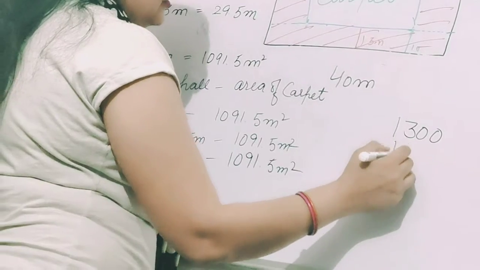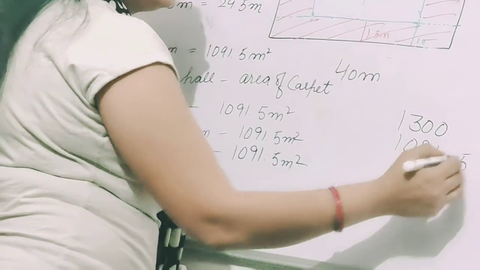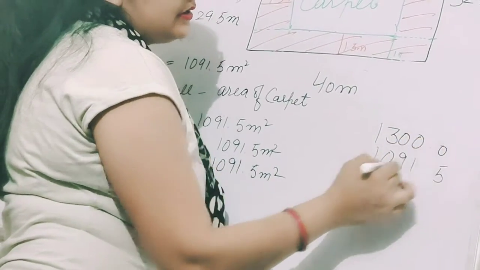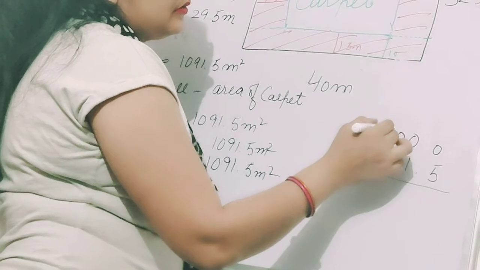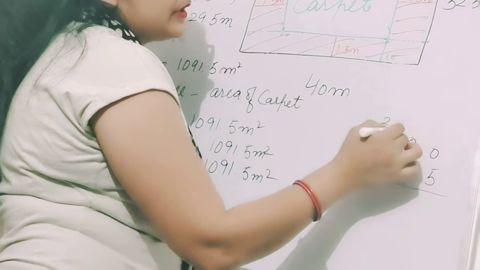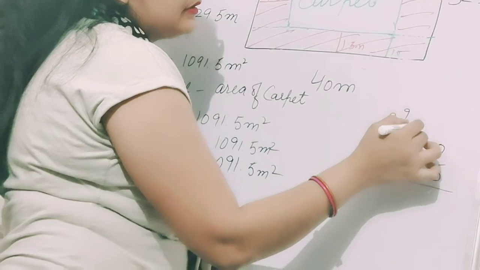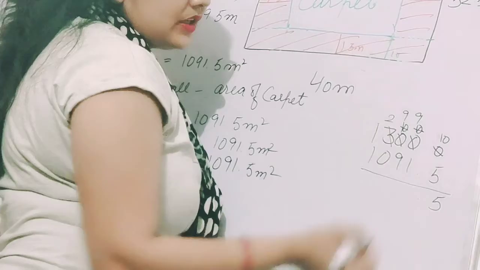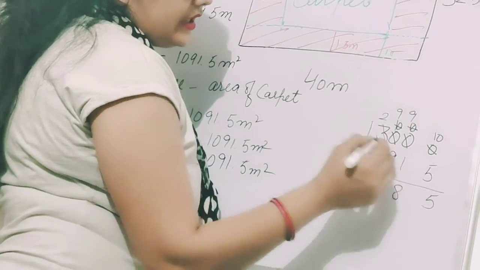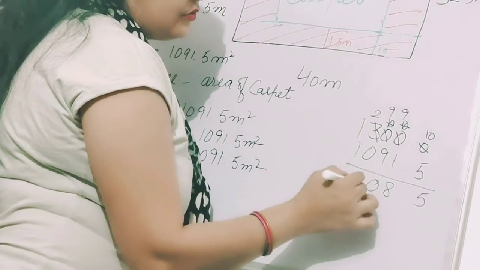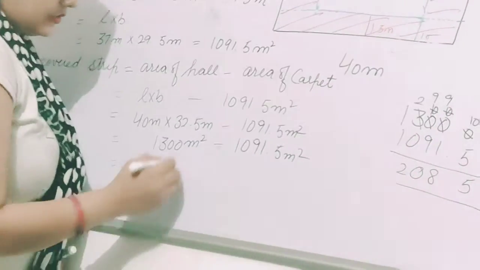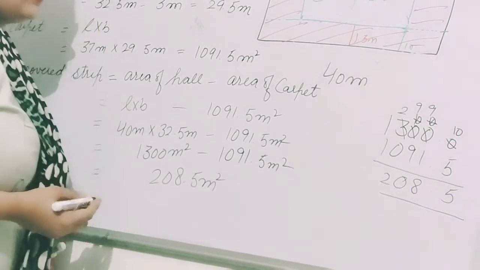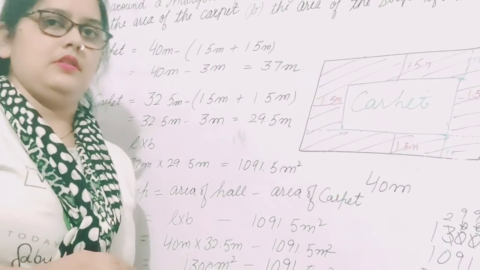Look at here, how can you subtract a decimal? This is the decimal. So first make them alike, mark decimal here and 0 here. Now 3 gives borrow, 3 becomes 2, this has become 10, 10 becomes 9, 10, 9, 10, 10 minus 5 is 5, decimal as it is, 9 minus 1 is 8, 9 minus 9 is 0 and 2 as it is, and 1 minus 1 is 0. So 208.5 meters square. That's your answer. Now question number 3.